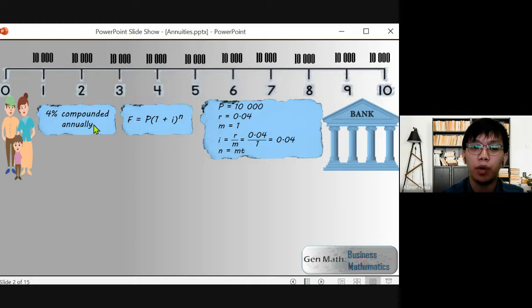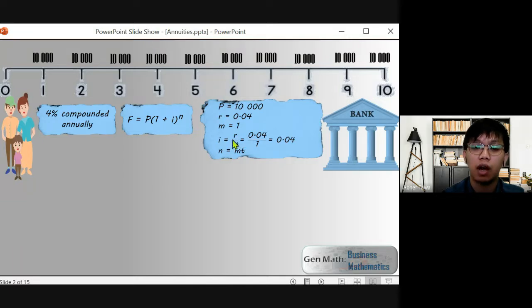And then, well, of course, m. So sabi dito, compounded annually. We have already learned last time that if the compounding or interest period or interest conversion period is annually, the value of m will be 1. Or it follows that the value of m will be 1. And we're going to use these values to solve for the value of i that we're going to use in this formula. This is the formula given in the discussion we have last Friday.